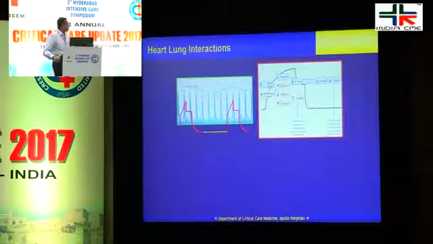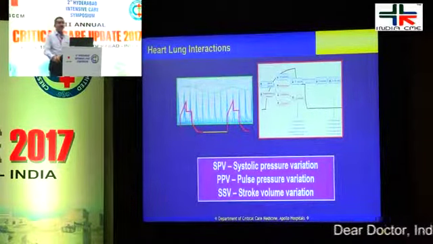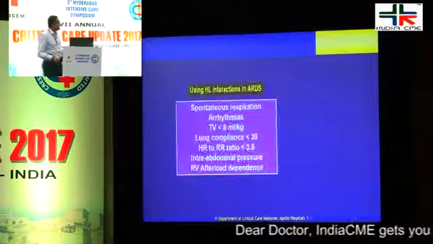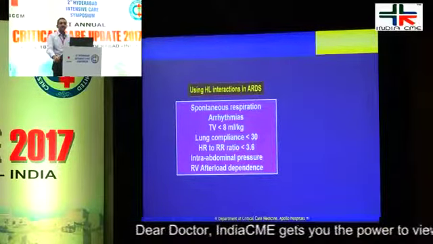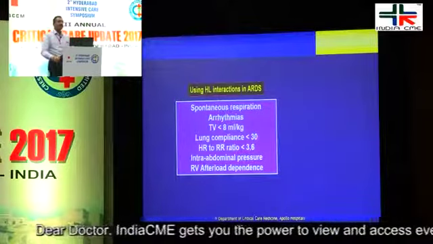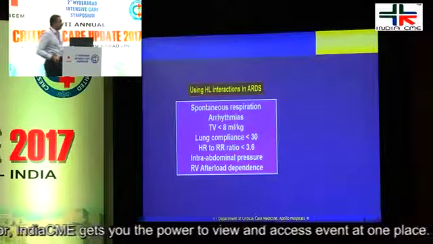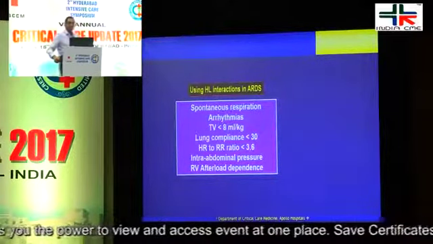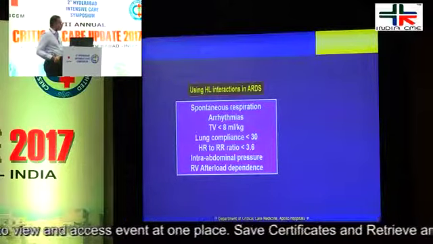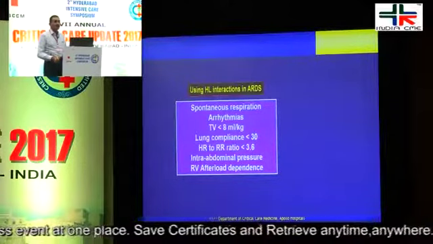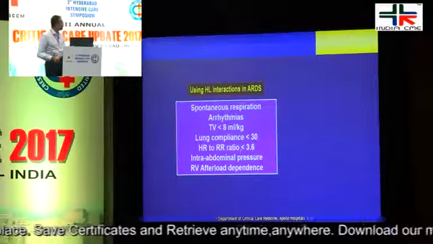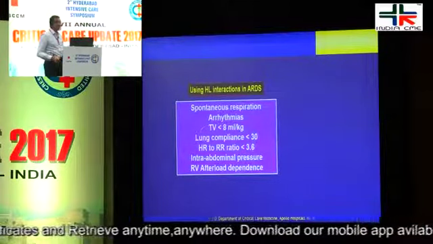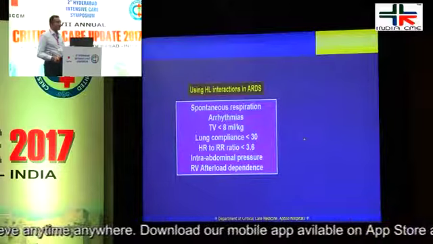How about heart-lung interactions, looking at any one of these variables that we have talked about? Remember that in an ARDS patient, there are several things that are going to confound my assessment of pulse pressure variation with whatever gadgets. One, most of the patients will be spontaneously breathing unless we paralyze them. You can have arrhythmias, very common in somebody who's hypoxic and who's got a predominant pulmonary disorder. Most of the patients will have a tidal volume less than 8 ml, again making it void in terms of